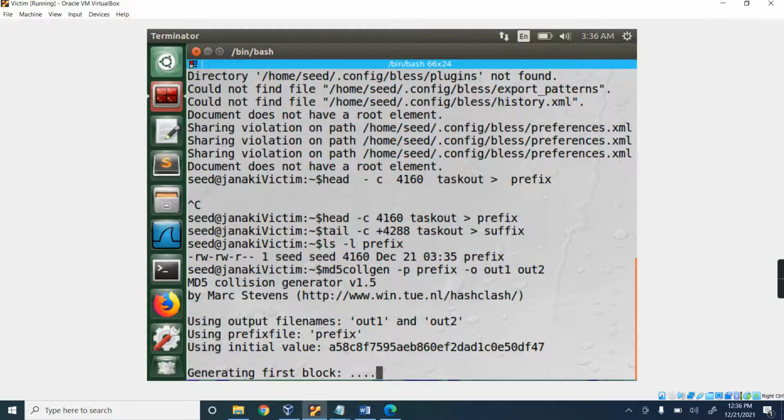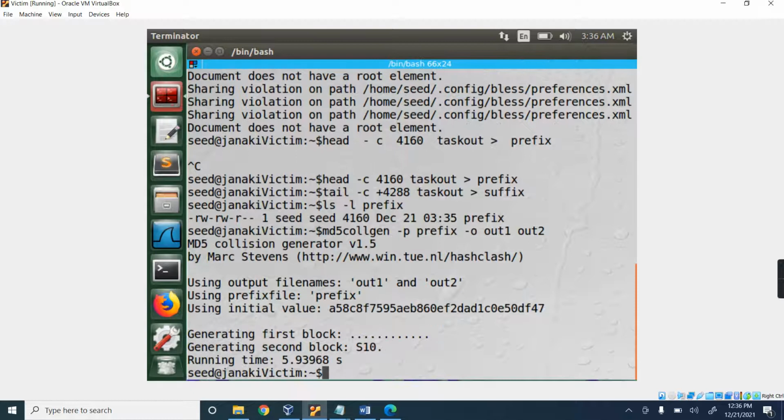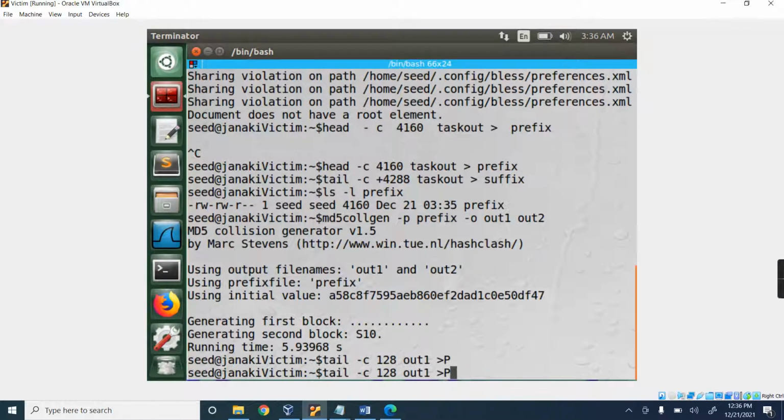So it is generating. From this I am going to extract the last 128 bytes with tail -c 128 from the out1 file and save it as the p file. Same way from out2 I am saving it as the q file.